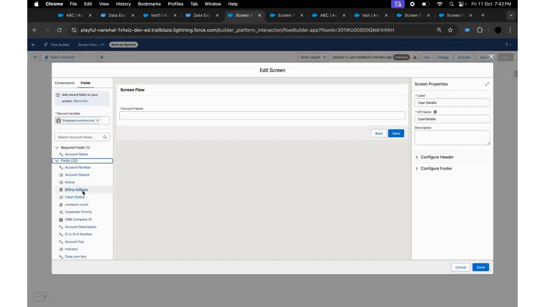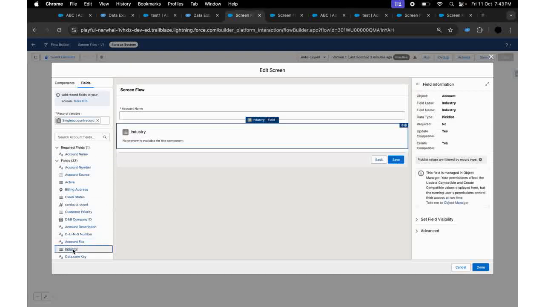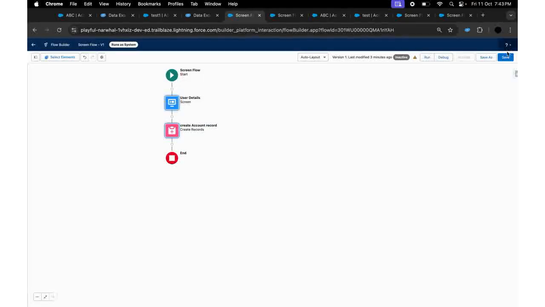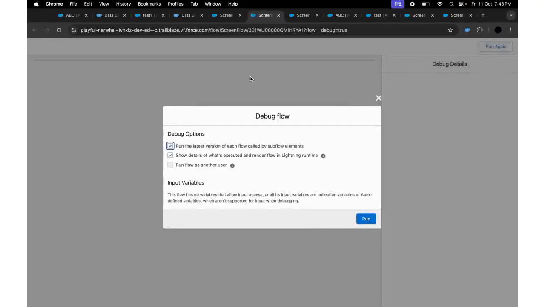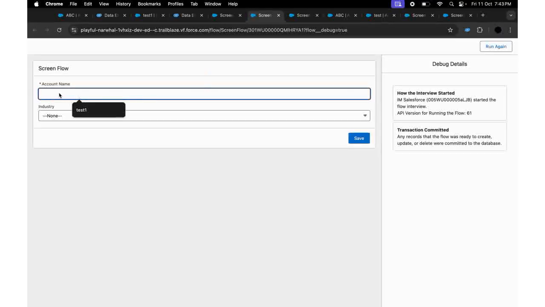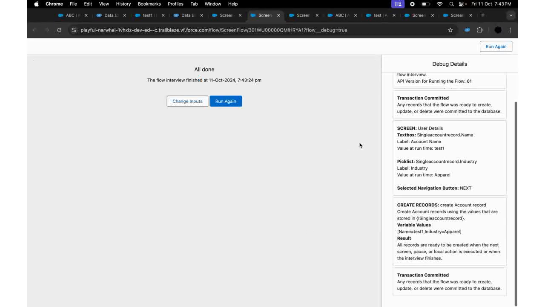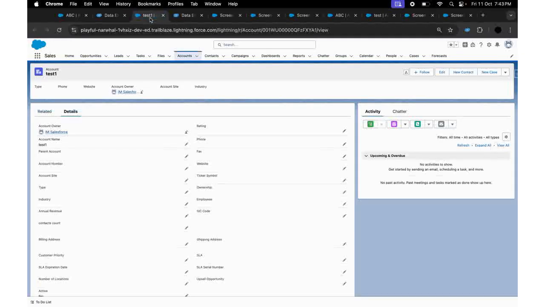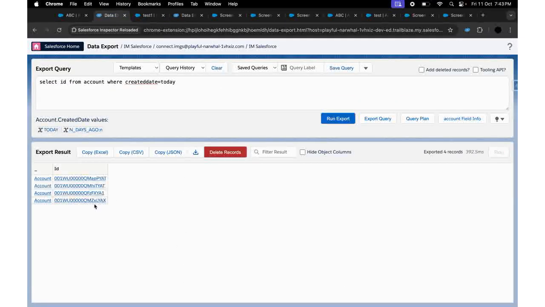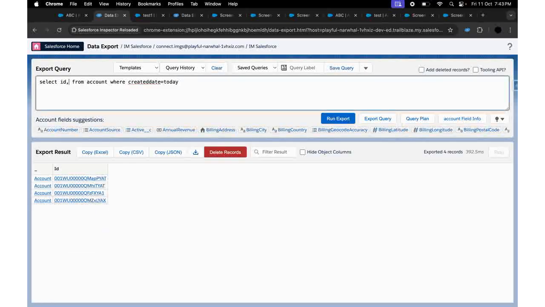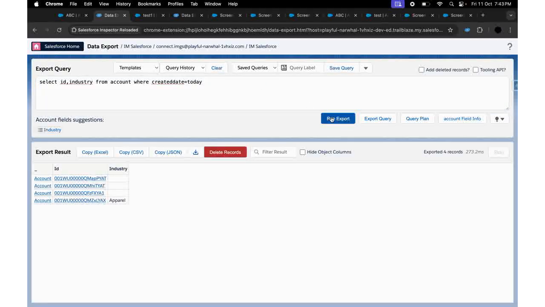So you don't have to look for how to define the picklist values, what all picklist values will be showcased in that. So if I select industry in this, and now I say done, now I say save, and then I debug it. So once I click on debug and I run it, then if you see, now there will be a test, and this will automatically get it from the account object. Once I click save, if you see, the name is test1, industry is apparel, whatever it is. Then if you see, there will be one more account which will be created, and if you see the industry which we have in it, if you run the export, we now have